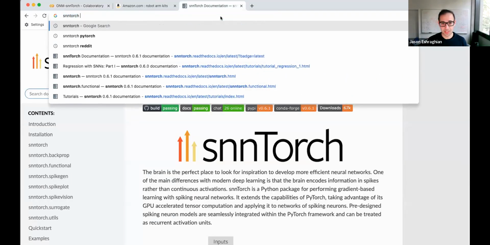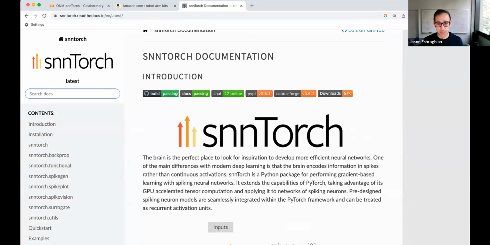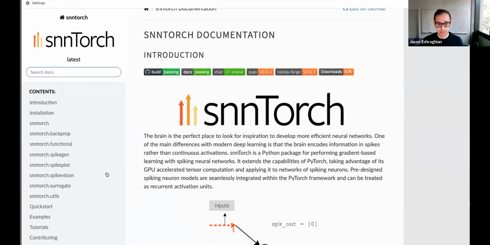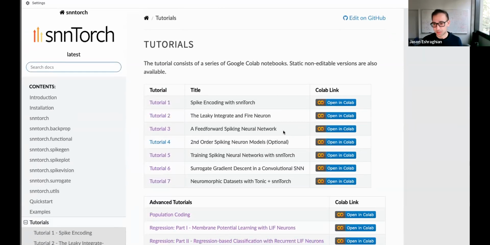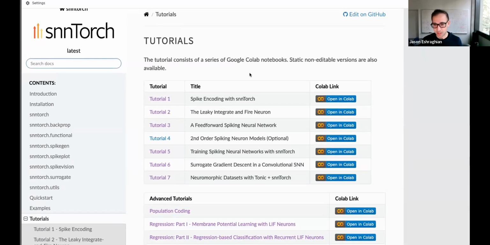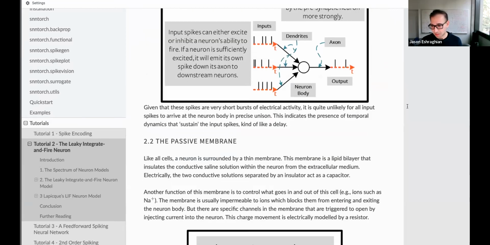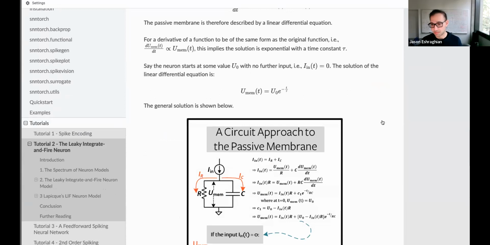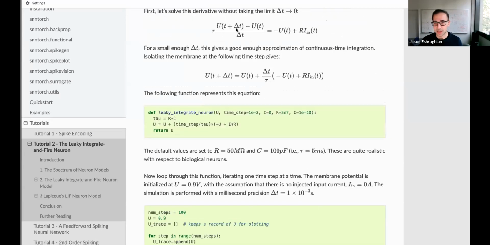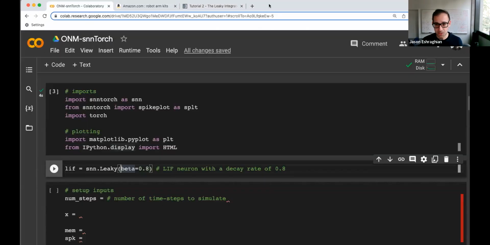So just go into the snnTorch documentation. You can get there by Googling snnTorch. Scroll down, see tutorials. There's a ton of tutorials that go into this in probably a lot more depth than you need. If you want to go into the background of the LIF neuron, it's a whole heap of code that you can play with, and a bunch of math that you can skip over or look into in more detail if you so desire. So that's a good starting point if you're just getting into it.